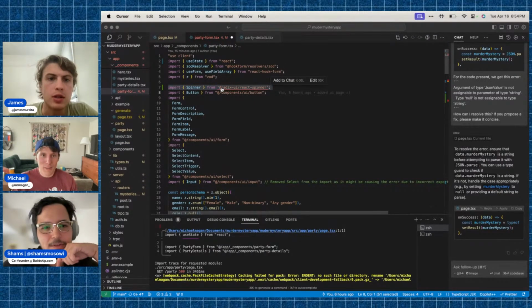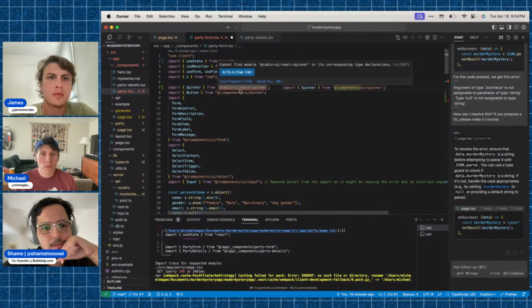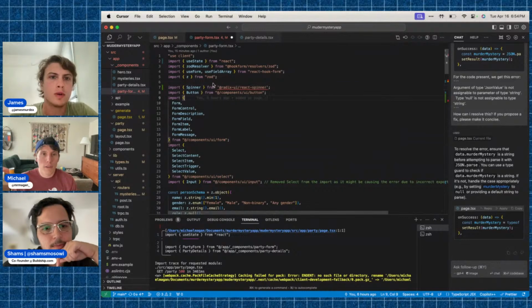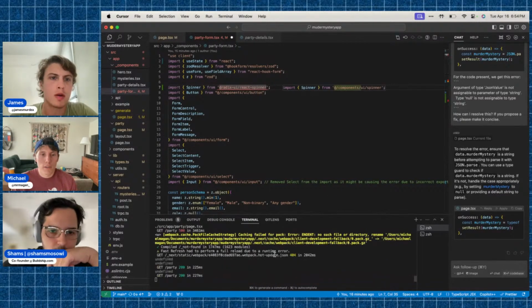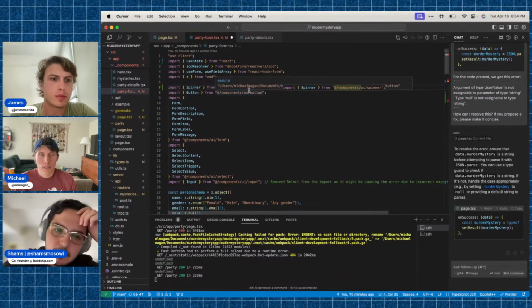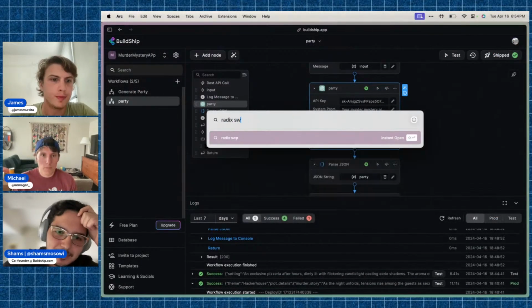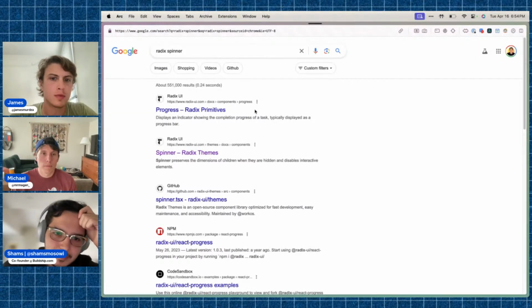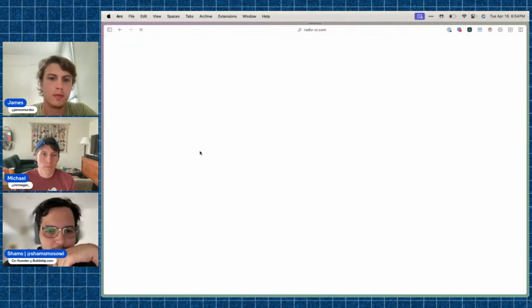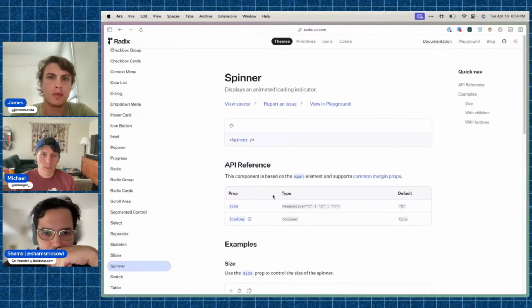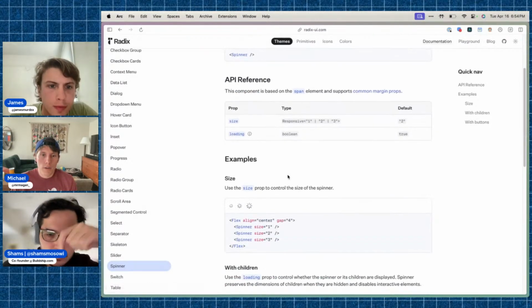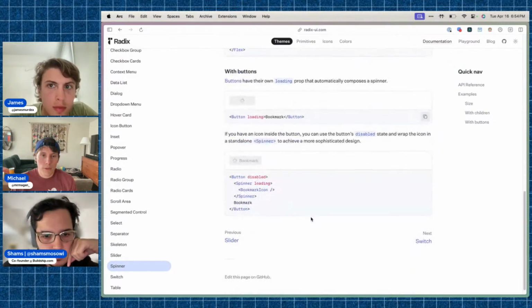No, the docs are right, but the library name is wrong. What's the library name then? Oh, maybe I just don't have Radix installed. I think it should though. Here, I'll just Google it. Perfect. Why does it not show the import?